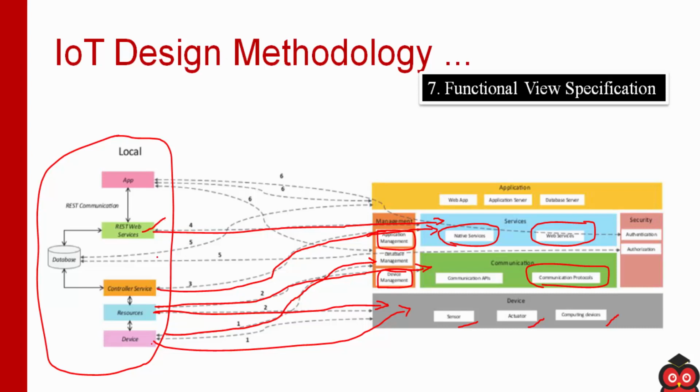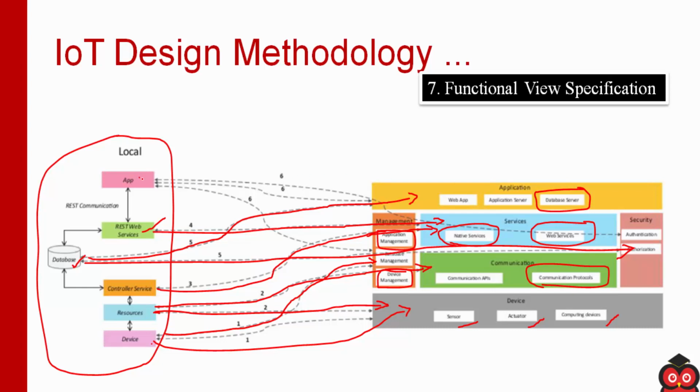Okay, right. And then we have this database. Now if you see this, for database we require security because the data is important, so it is linked to security functional group. And since database is maintained in the server, that is why it is also linked to application functional group. So here we have database server, right? So that's why it is linked to application subgroup.